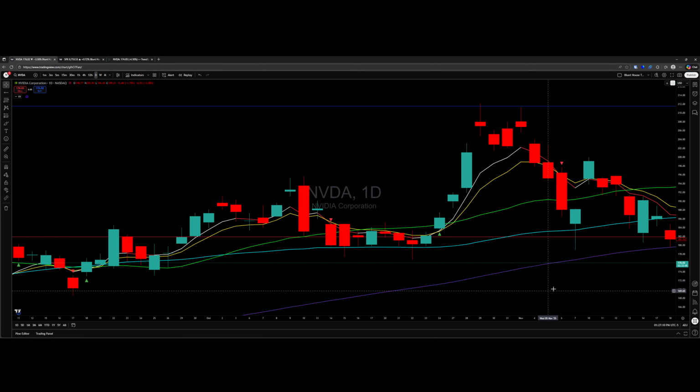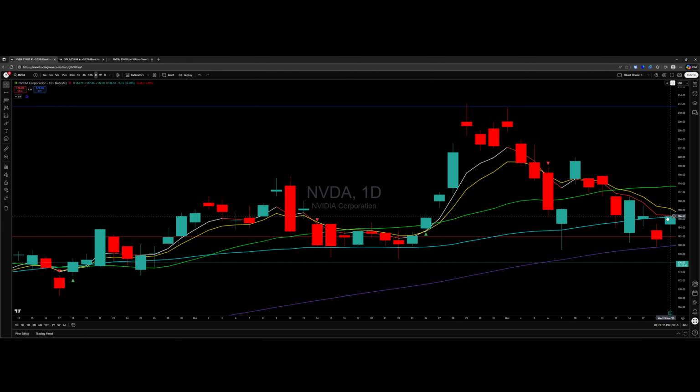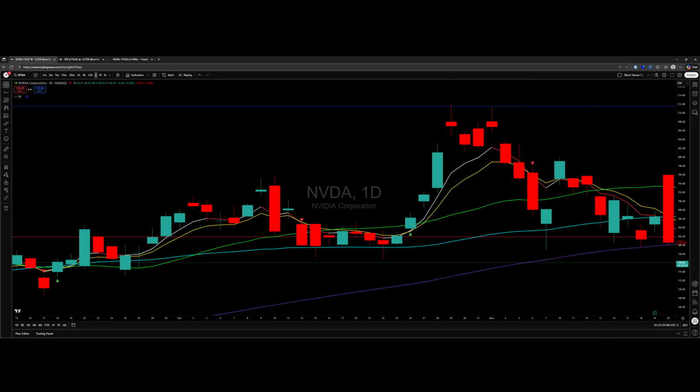Break the 50. What do you find? The 100 MA. Break one level, find the next. There's your, okay, so you bounce. You bounce to the next level. Price oscillates between these levels. That's interesting. Right? So even here, all this was still downtrend. And you had plenty of opportunity to short this thing well before earnings.